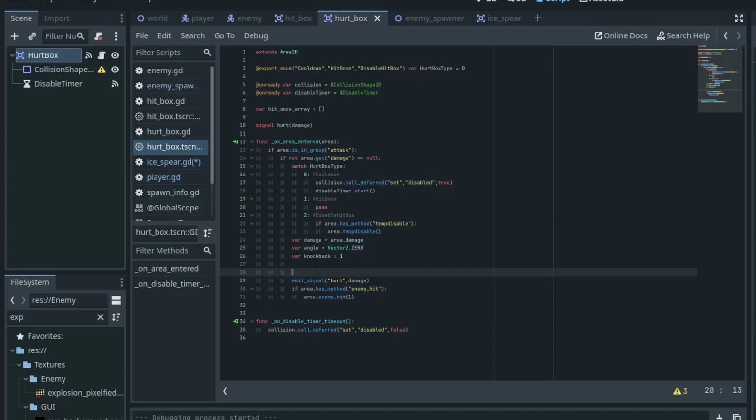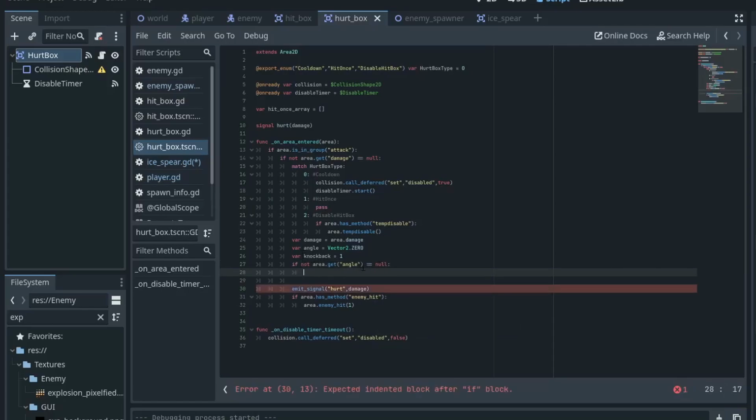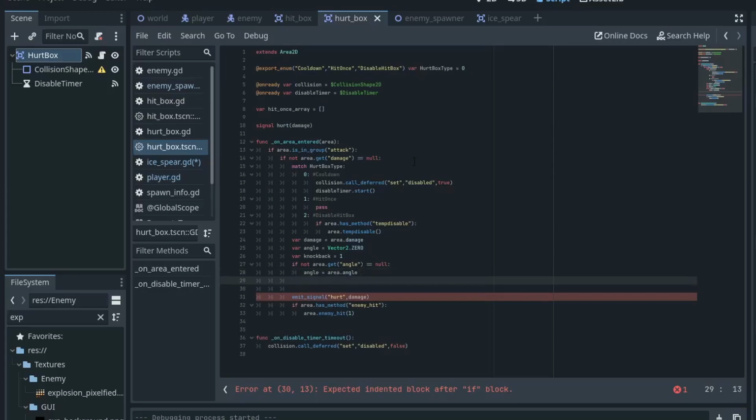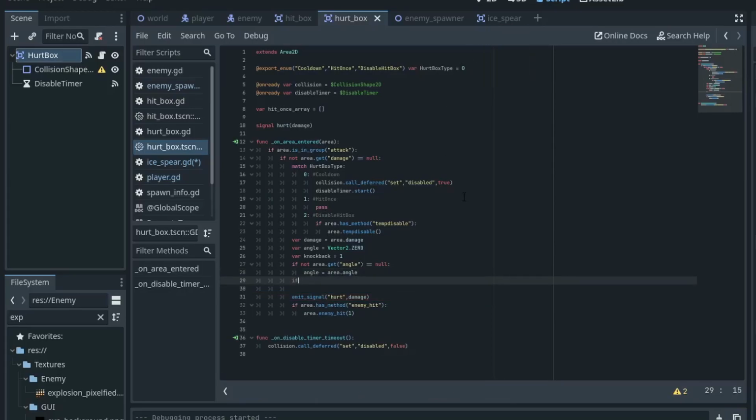We're then going to be checking if the area, which would be the ice spear in our case, actually has that value. So if not area.get("angle") equal null. Effectively, if it doesn't have the angle, it's going to return a null, and we don't want that, so we're using the not keyword. So angle is going to equal area.angle. So we're going to get the angle from our ice spear, and then we're going to do the same with the knockback. If not area.get(